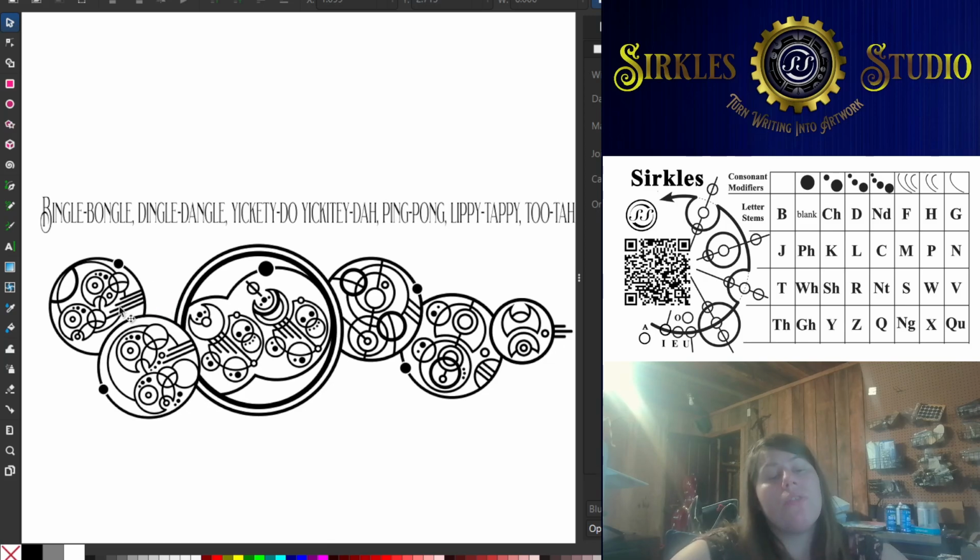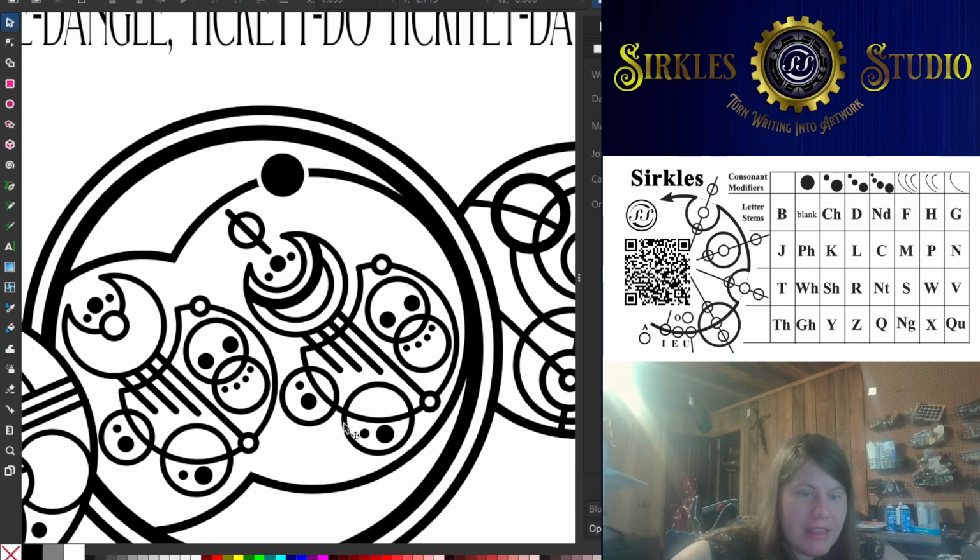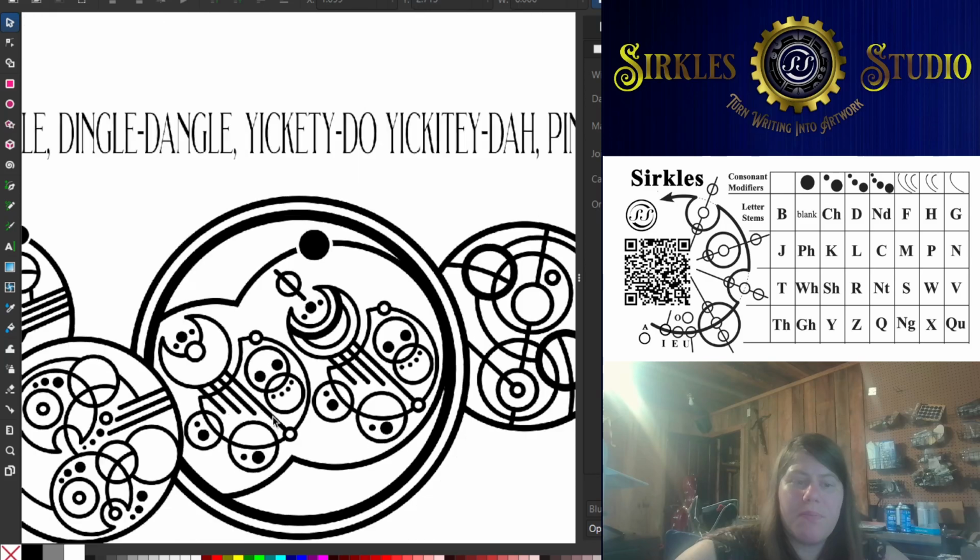As far as reading order, you read starting at the bottom and going counterclockwise. So we read the bottom word before the top word, bottom word, top word, and so on and so forth. This sentence circle is kind of weird in its layout because I would try to find one at the bottom here, so I might try to read this one before this one, and then this one and this one. I could see somebody looking at this and going, yickety-dah, do yickety, as opposed to yickety-do, yickety-dah, here, but hopefully